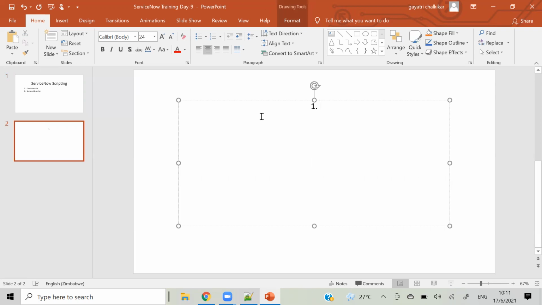So 80% of the time we will not use script. When to use script?